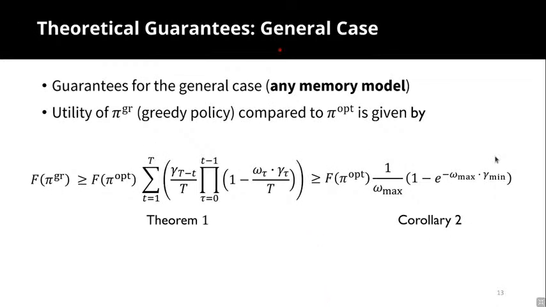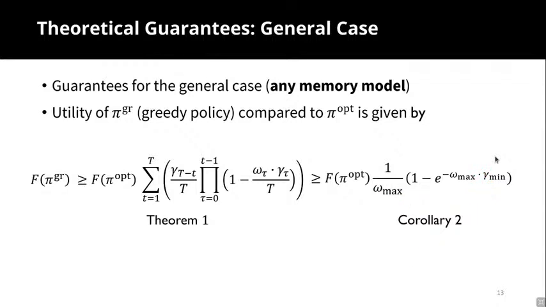Equipped with these two parameters, what we basically show in the paper, with a detailed analysis in the actual paper itself, is that the performance of the greedy algorithm is bounded by a fraction away from the optimal. So if this is the best algorithm that one can ever develop, and this is the algorithm we're running, the utility is not too much different, where the difference is bounded by this factor. And if it is close to a constant or some fractional value, then we can be confident that the algorithm is performing well. In this case, we concretize the bound as a function of the curvature and submodularity ratio.